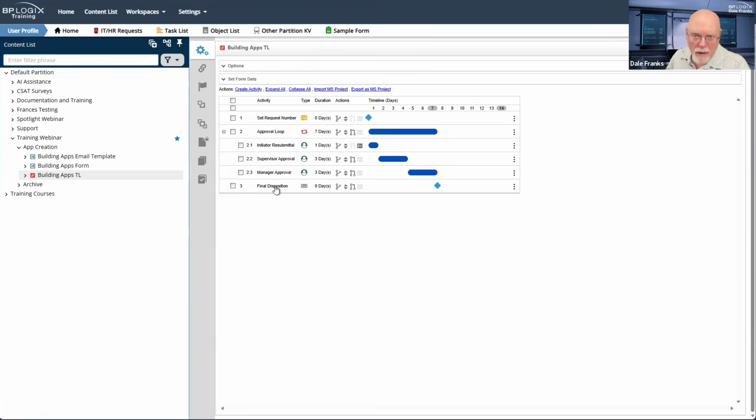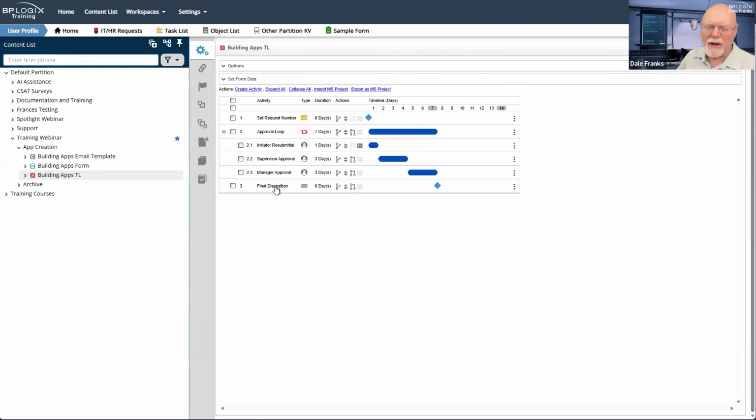This, I think, is largely a matter of management as to what you would expect from your initiator when a request is submitted, and to know what the final disposition of that request might be. But at minimum, you should at least provide a final disposition.